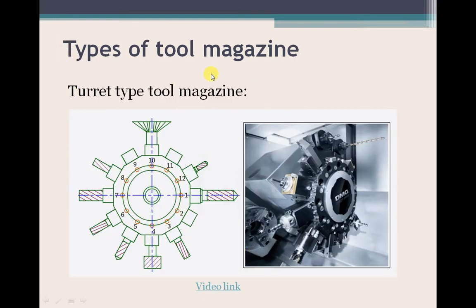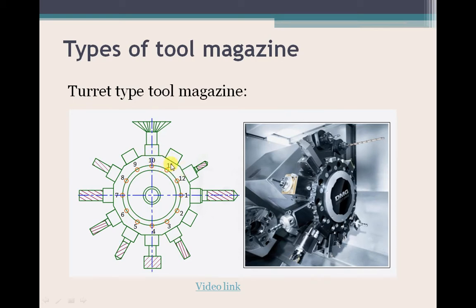The first type of tool magazine is the turret type of tool magazine. As you can see, it is a turret. All of us are very familiar with the word, what a turret means. This is a schematic diagram which we are supposed to draw, and this is a demonstration of that turret magazine. You can see here that there are numbers which have been coded to each face of that turret.